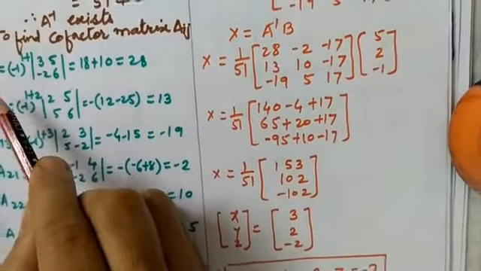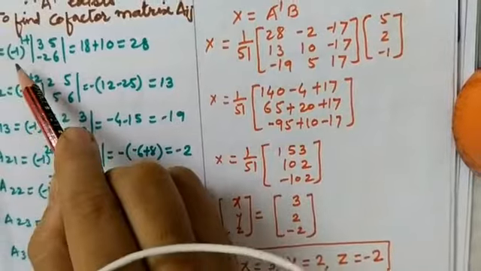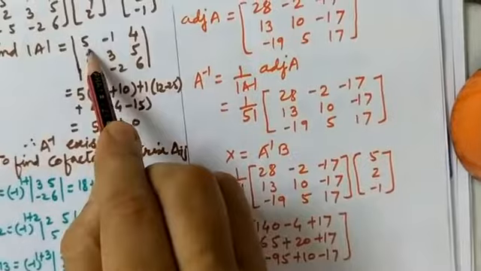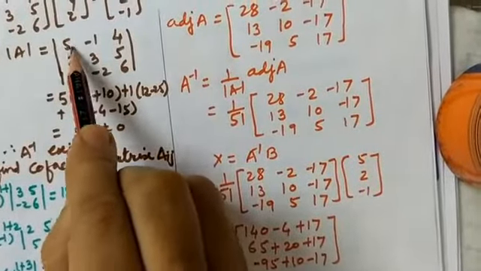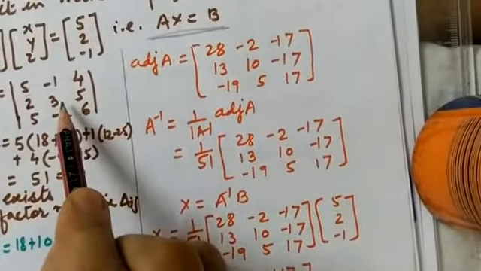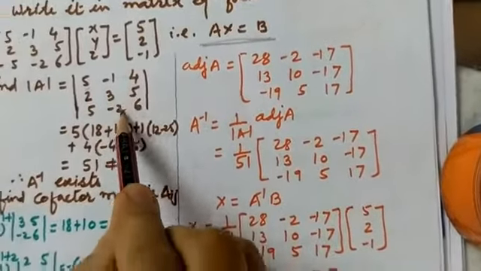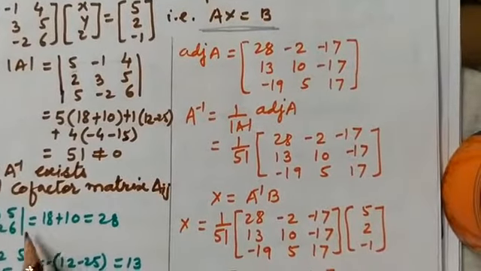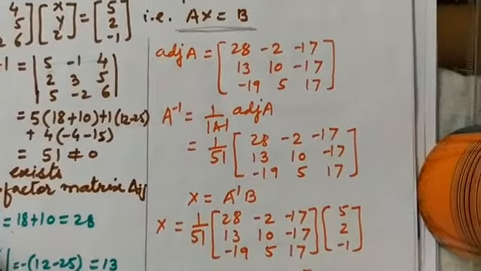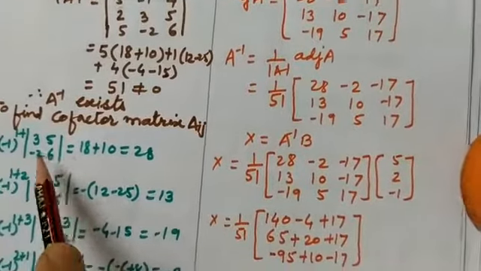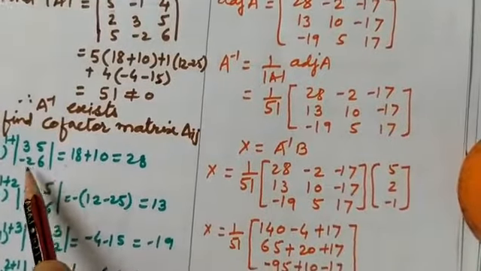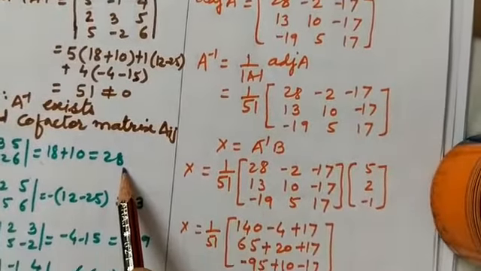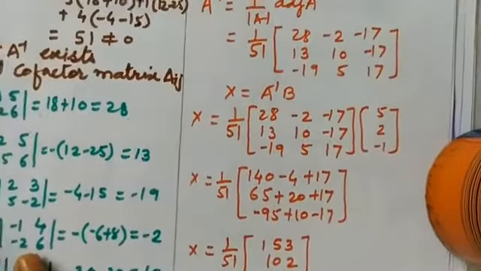See the procedure. A11 is equal to minus of 1. See the position of this element. A11 means this 5. Then striking off this row and this column, you will get the elements 3, 5, minus 2, 6. Now solve this determinant. See, minus of 1 raised to 1 plus 1, that is even. So this is 3, 6, 18, and minus of minus 5 to 10. So the element is 28. We are getting here.